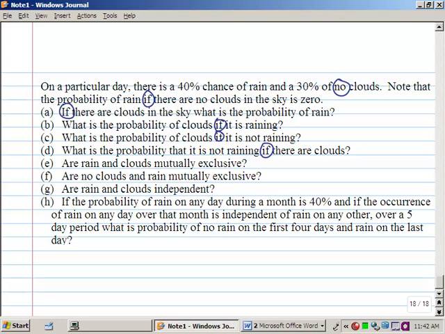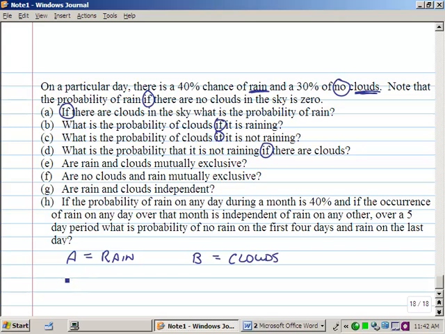Are rain and clouds mutually exclusive? Are no clouds and rain mutually exclusive? Are rain and clouds independent? It's pretty plain from this one, since it's short and sweet, that we're talking about rain and no rain, clouds and no clouds. So let's have event A be rain and B be